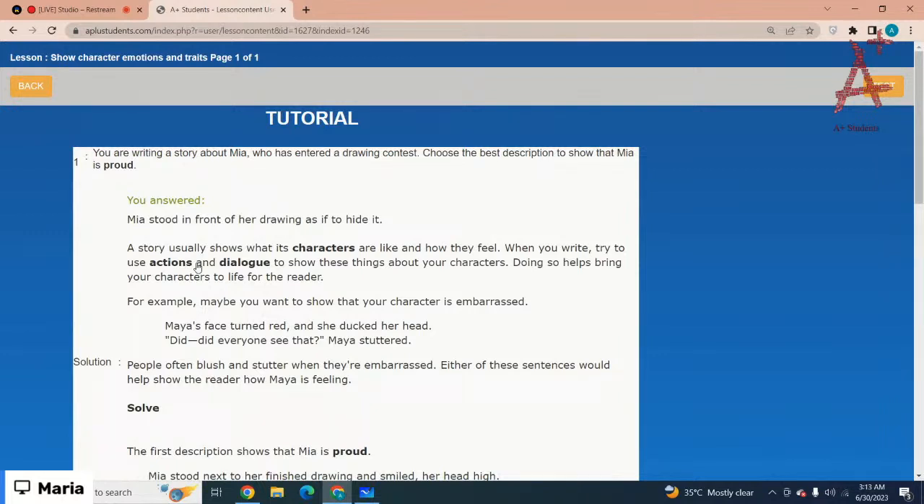Whenever you are writing something, you have to show the character like they are real-life characters. For example, Maya's face turned red and she ducked her head. Did everyone see that? Maya shuddered. So,